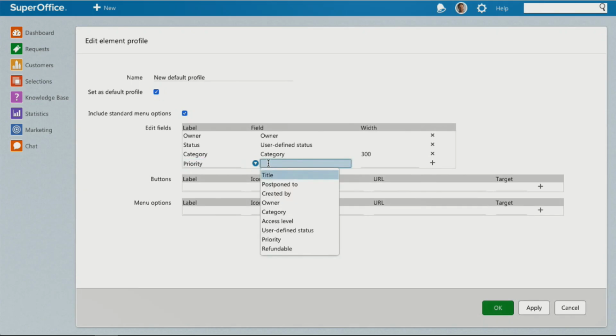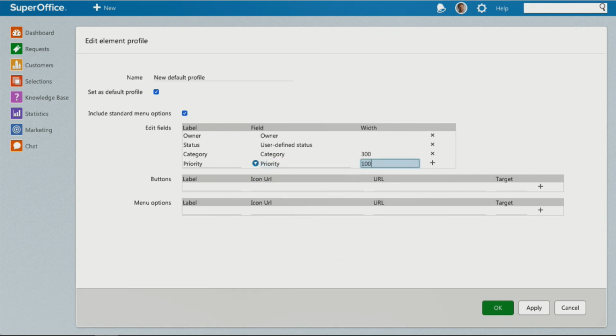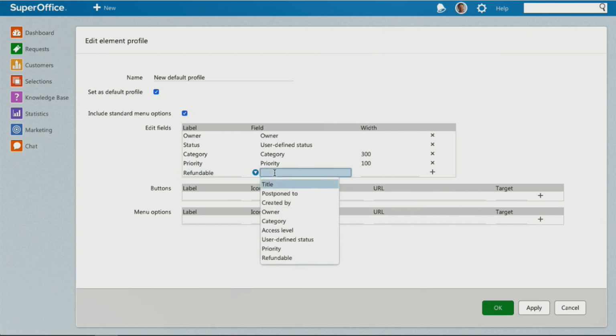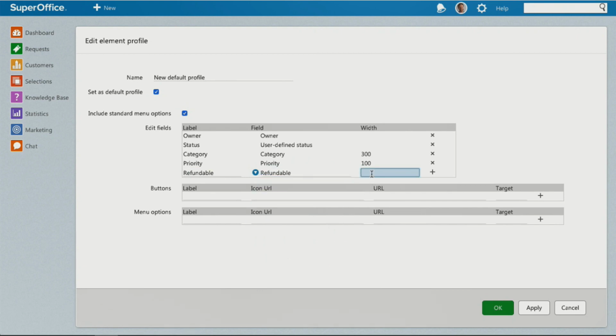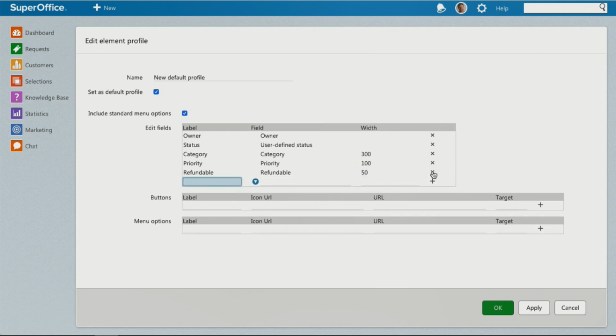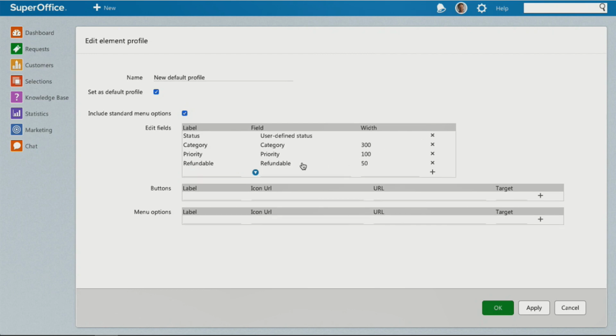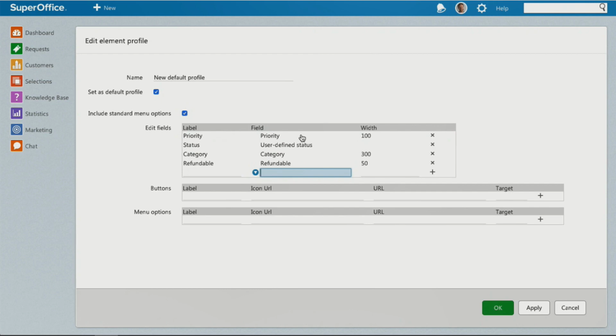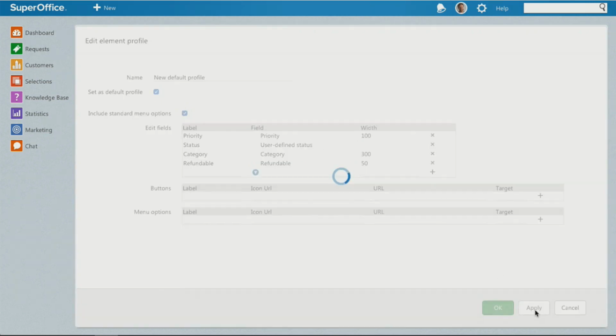And then I'm going to add a new field. I would like the priority field to be available in that quick edit thingy, right? And I want it to be 100 pixels wide. I also have an extra field on requests, which is called refundable. So I'm going to add that. It's just a small yes/no value, so it just needs to be 50 pixels wide. And in my scenario, I don't need the owner field, so I'm going to get rid of that. And I want the priority field to be on the top, like that. And then we're just going to save this profile